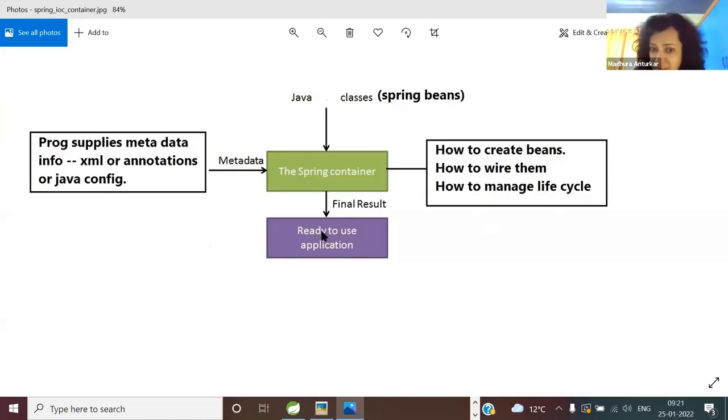As a final result, you will get ready-made dependent beans, dependencies injected in the dependent beans, and a ready-to-use application, meaning your beans will be business logic or client ready. All you have to call is the business logic methods or your request handling methods. You don't have to worry about creation, wiring, and lifecycle management.